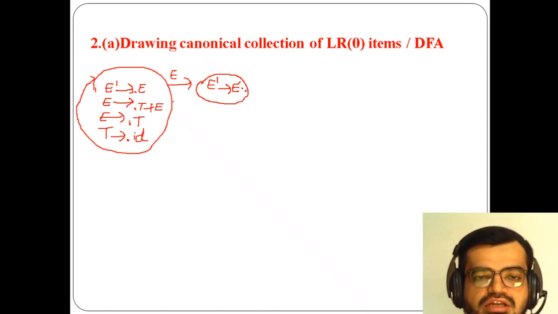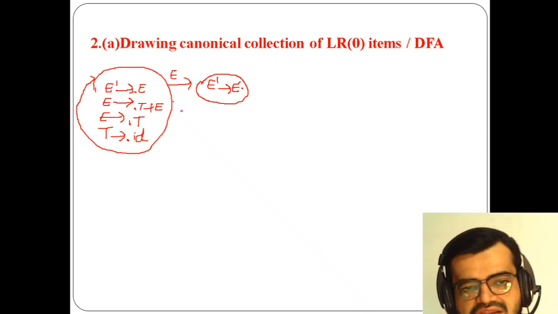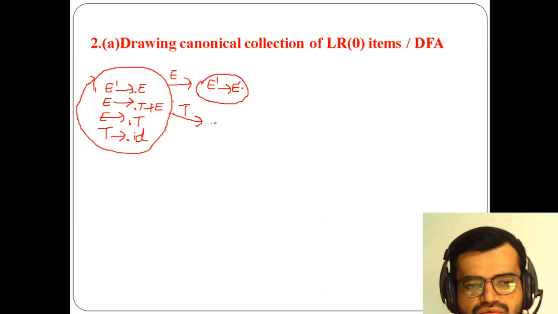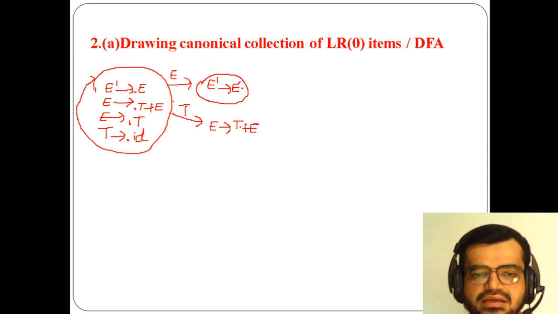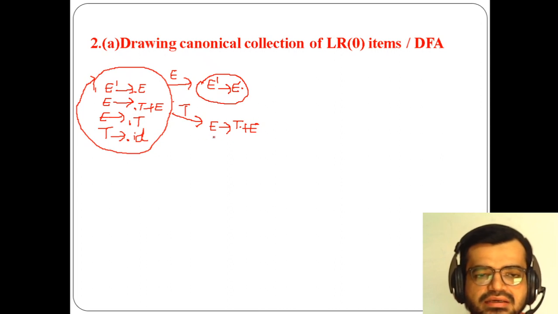In this way the first state has been completed, and moving to the second state, in the first production, after moving the dot here there is no terminal, so it is completed here. Now what is the second production? What I have to move now, in the second production, after the dot, T is there. So here I am taking the second production, which is T. So here I have to take E of T dot plus E, right? T dot E of plus E. After that, here it has been taken.